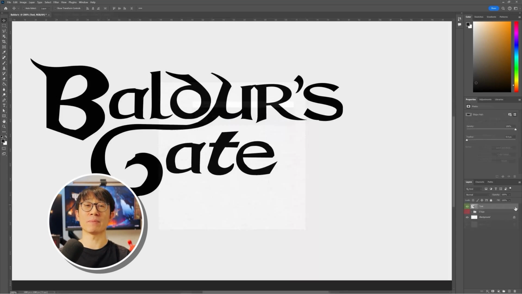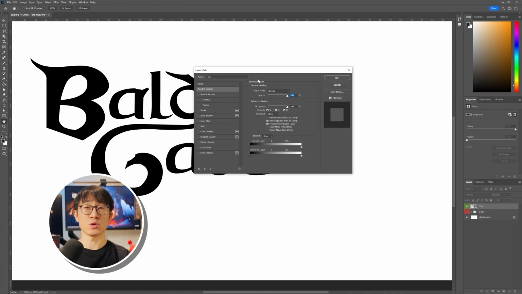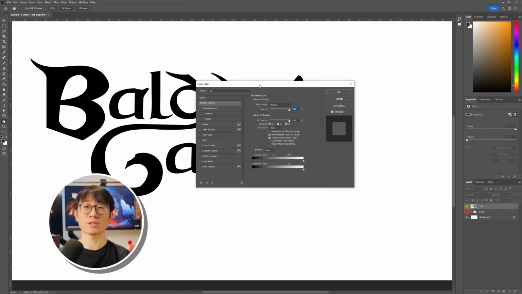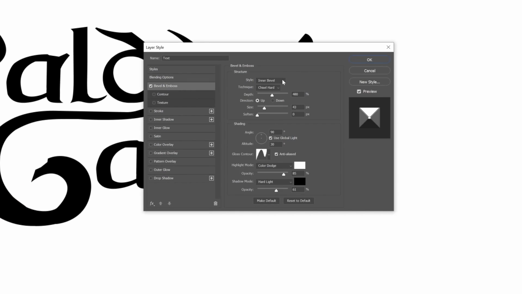Now we'll learn how to make 3D gold text in Photoshop. Select your letters layer in the Layers panel, right-click on the layer and choose Blending Options from the menu. Here we will begin to apply the 3D gold text effects. Select Bevel and Emboss, and we want the style set to Inner Bevel, the technique as Chisel Hard, the depth set to 480, the direction up, the size 43 pixels, and we want